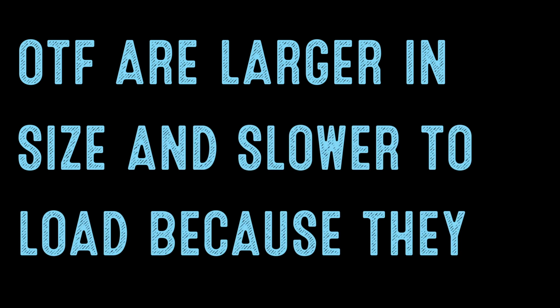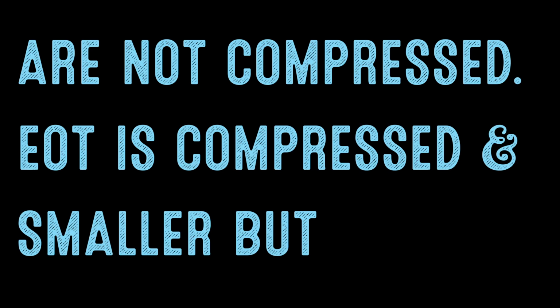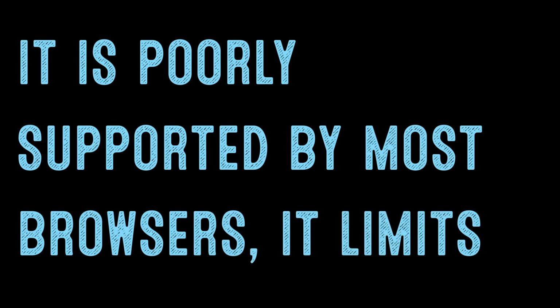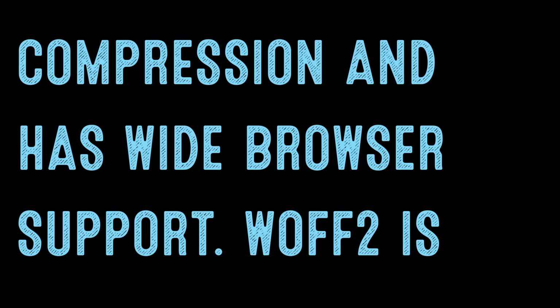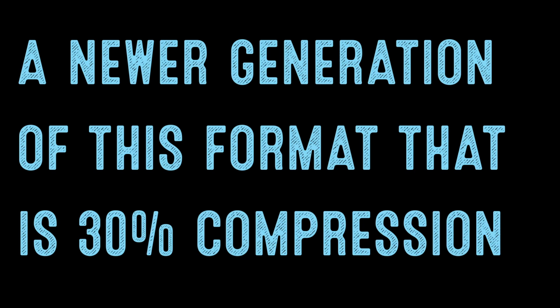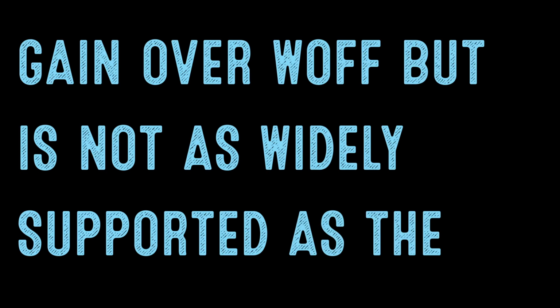Both TTF and OTF are larger in size and slower to load because they are not compressed. EOT is compressed and smaller, but since it is poorly supported by most browsers, it limits its use. WOFF loads faster than TTF and OTF because of compression and has wide browser support. WOFF2 is a newer generation of this format that has 30% compression gain over WOFF, but is not as widely